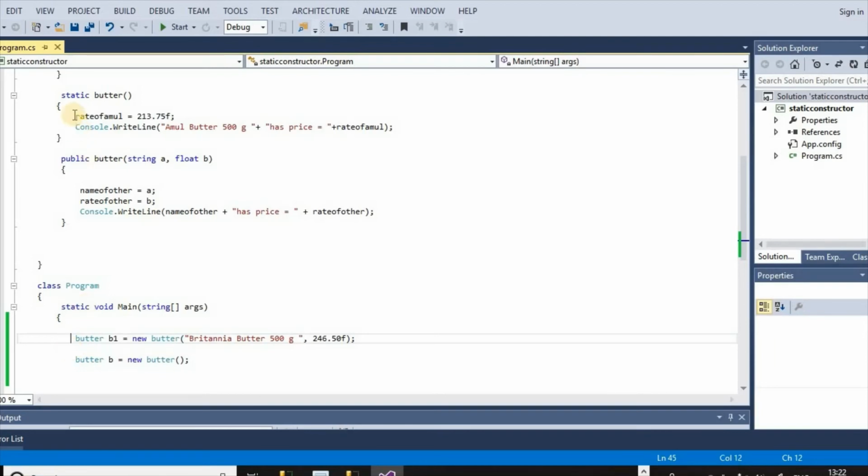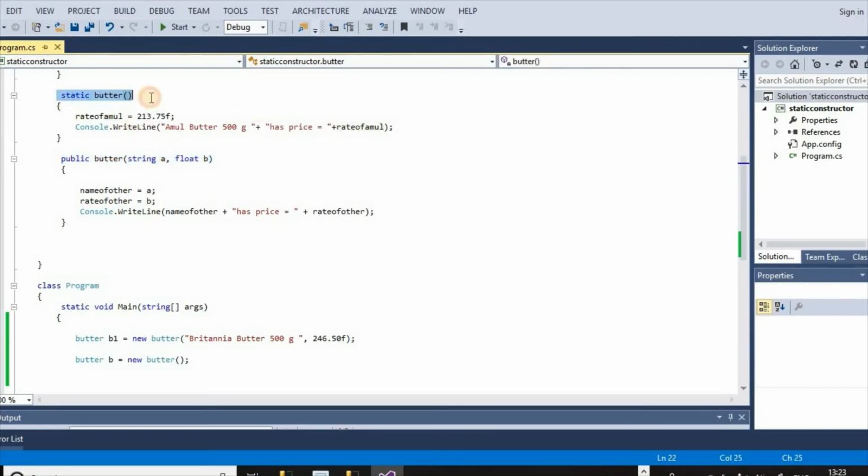But in case of static constructor, there is no need of a specific object. Here, when we have commented this object without parameter and made an instance of this object with parameters, at that time after the instance of this object, this static constructor is invoked, and then this parameterized constructor is called.